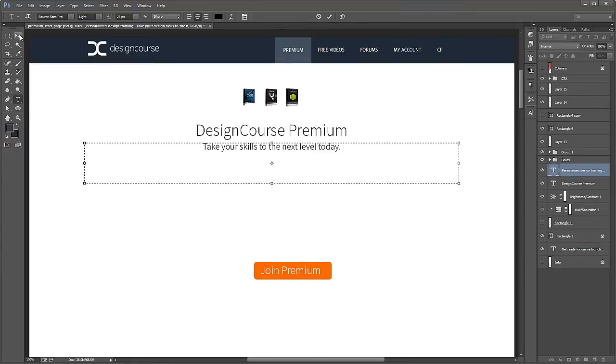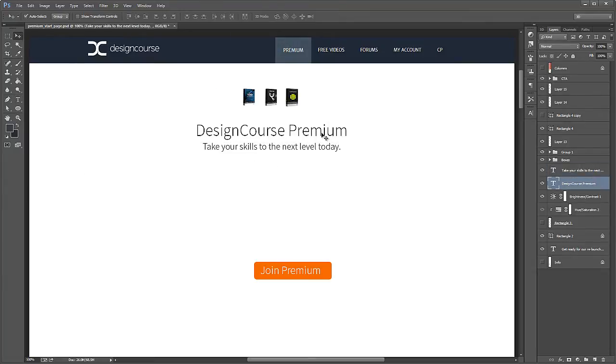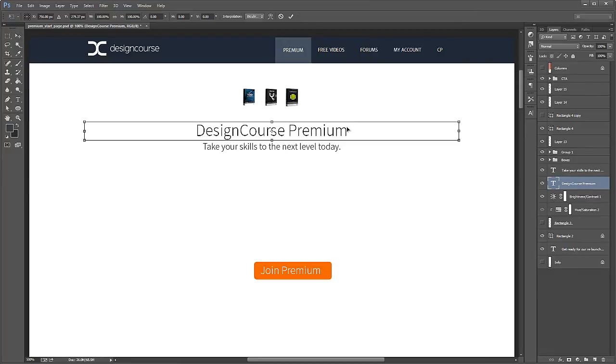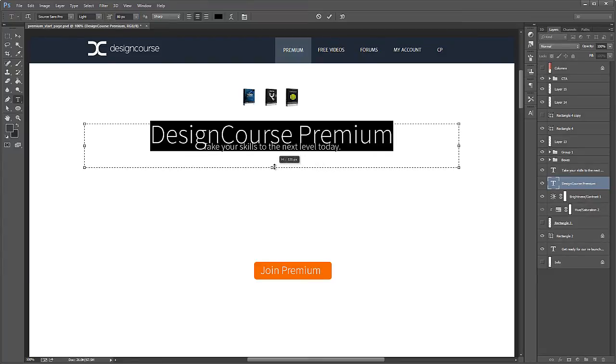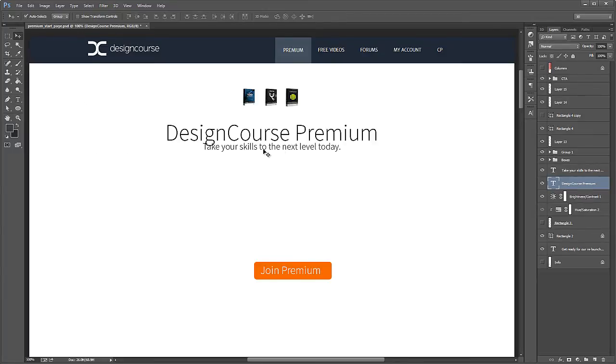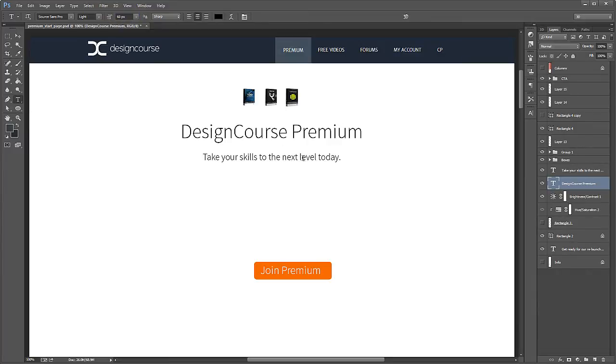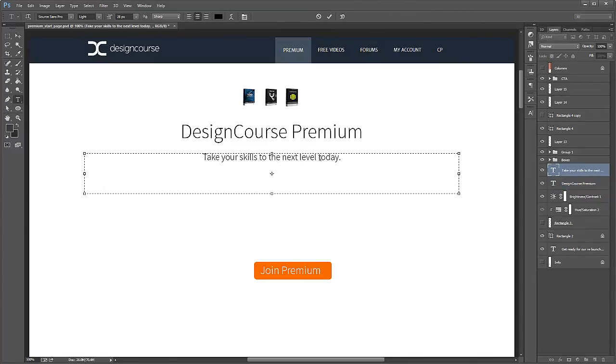I kind of want that to be a little bit longer. We'll see. We can make these larger as well, at least this right here. So come in here, just try 80. Whenever that happens, you just have to pull this down a little bit, maybe 70. All right, now it looks way too big. Damn it. 60 would be better. Okay. So Design Course Premium. Yeah, we want some white space here, definitely. Take your skills to the next level today. And